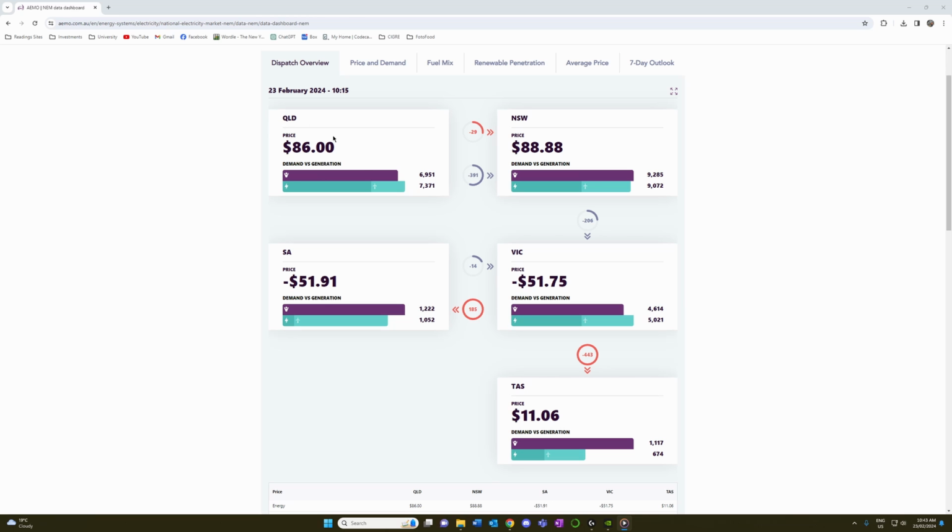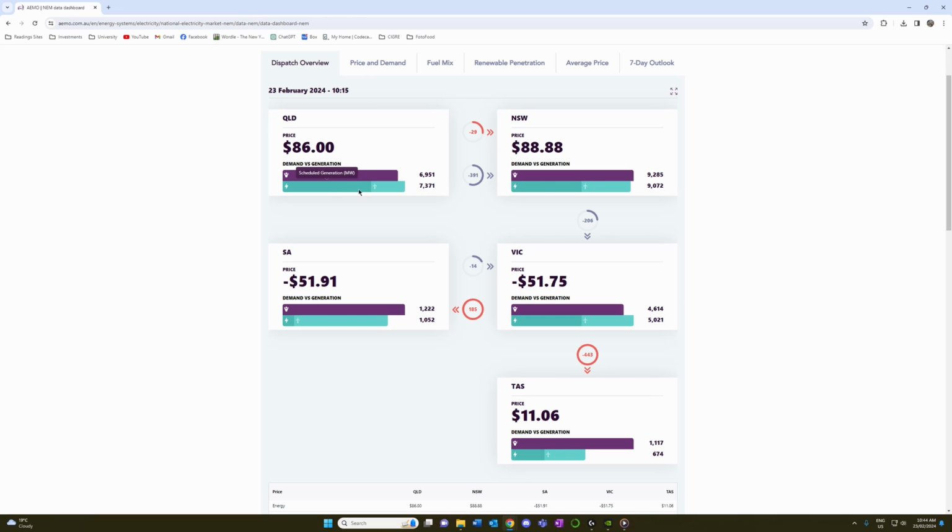So Queensland, basically, because they know there's going to be a lot of demand, they schedule in a lot of generation. And the problem with scheduling generation is it's all the firm generation, like gas-powered power plants, coal-fired generation, which is very expensive. Whereas South Australia is getting a lot of generation from wind at the moment, and although it looks sunny outside today, I can promise you it's not. So they can't be getting solar, but it is windy here. So there's a lot of wind going out, and that's why our wind is cheap, so that's why our price is negative.